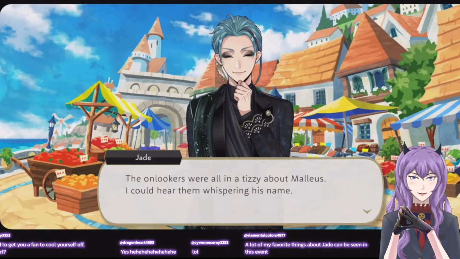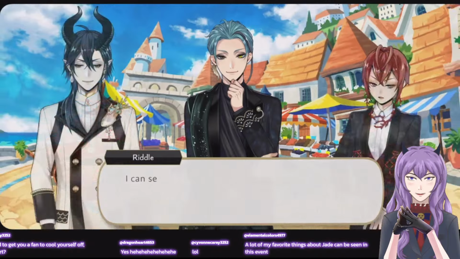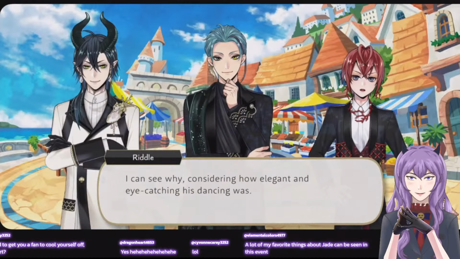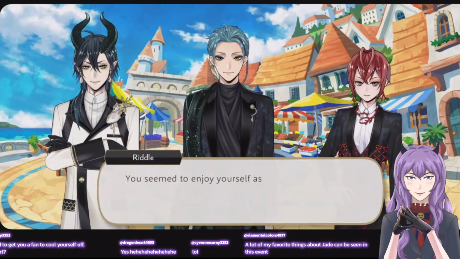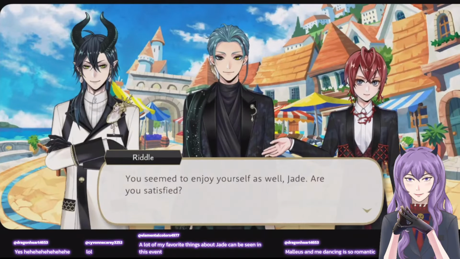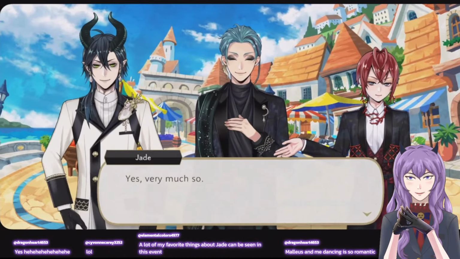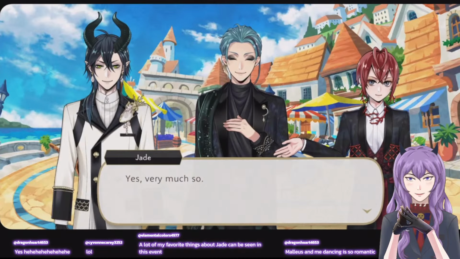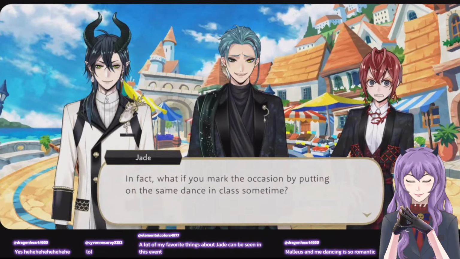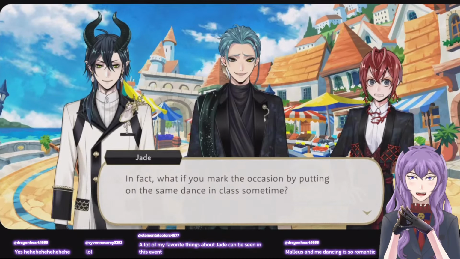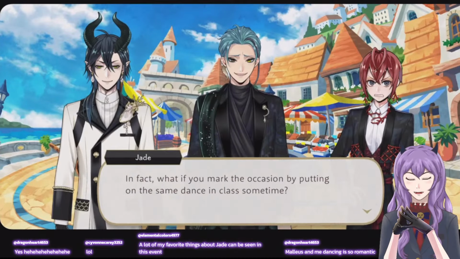I guess they're probably more expecting Malleus to be dancing, right? Very much so. Oh, come on. This is a special event, okay?